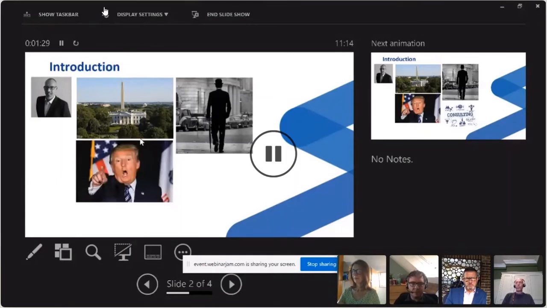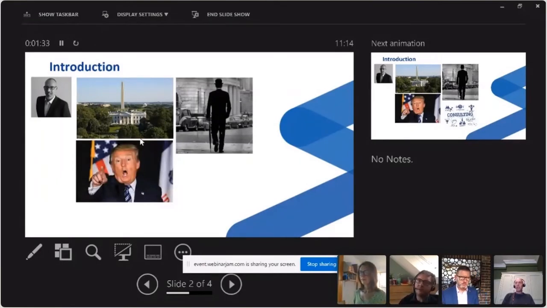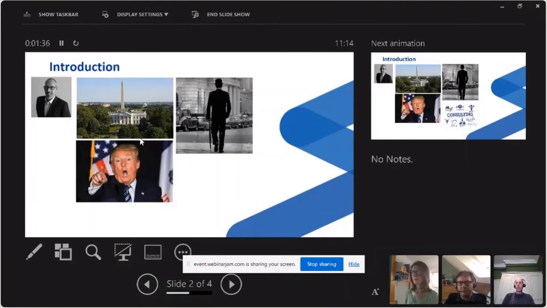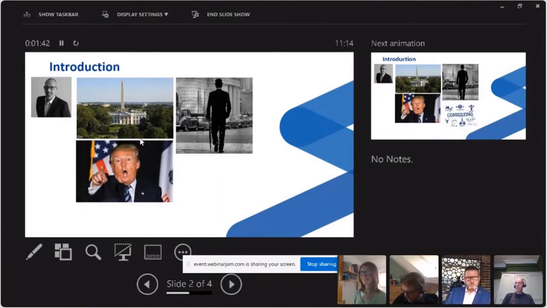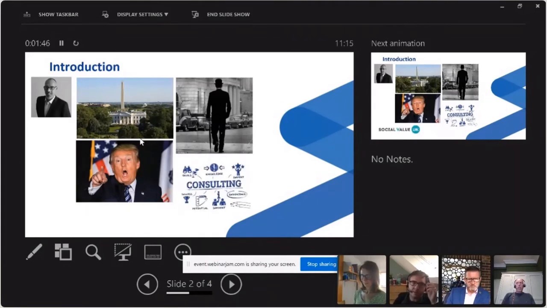I had the pleasure of seeing the whole process of the current administration from the election process, and that was an interesting process to observe as an external person into the US government. Various consulting activity, and as Sue mentioned, I'm a non-exec Director of Social Value UK, and as part of that